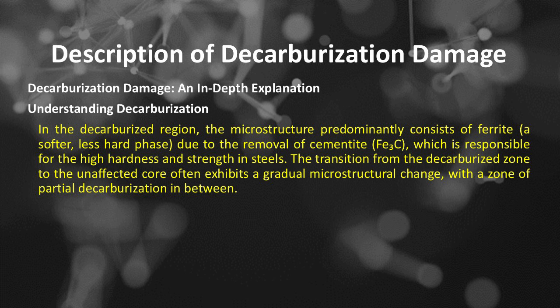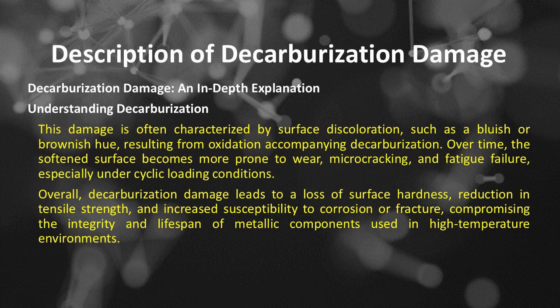In the decarburized region, the microstructure predominantly consists of ferrite, a softer, less hard phase, due to the removal of cementite, Fe3C, which is responsible for the high hardness and strength in steels. The transition from the decarburized zone to the unaffected core often exhibits a gradual microstructural change, with a zone of partial decarburization in between. This damage is often characterized by surface discoloration, such as a bluish or brownish hue, resulting